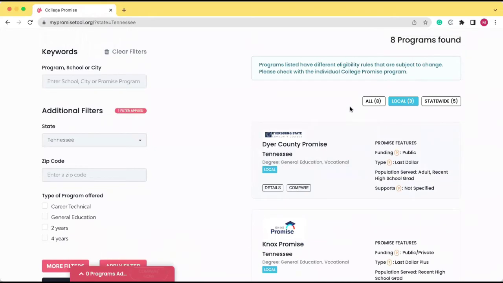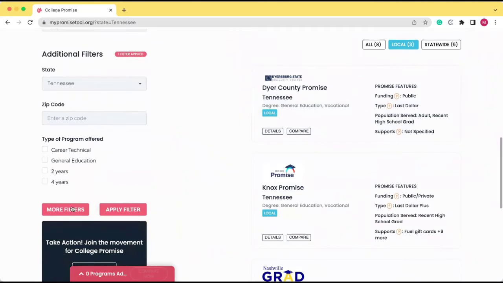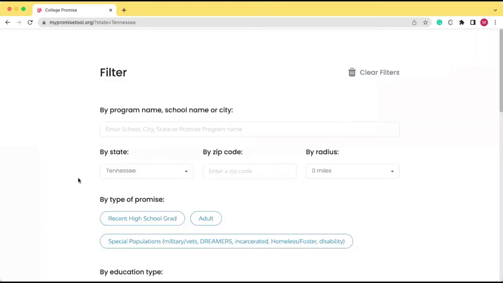But what if we want to dig a bit deeper? Over here to the left, you can also filter by specific zip code, by type of program offered, and even search for even more filters.